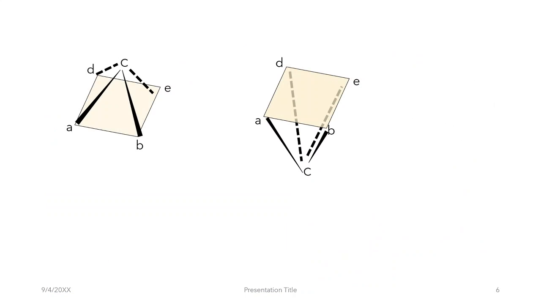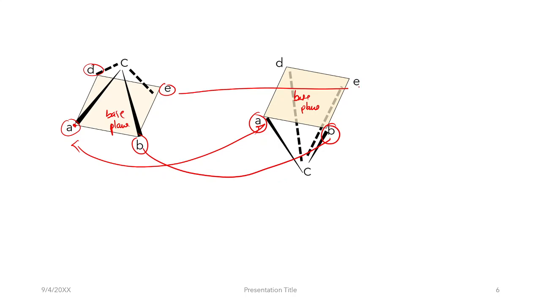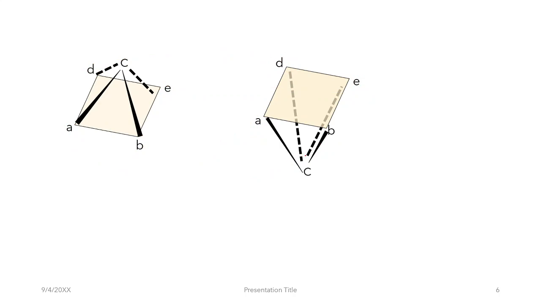So what I'm going to show you now, suppose this is the same base, right? You have A here and B here and E here and D here on the base. This is the base plane. We have the same base plane here. You have A here, just like before, B here, E here, and D here. We have the same base plane, but the C is now not in the plane. It's on one side of the plane, while in the other molecule,